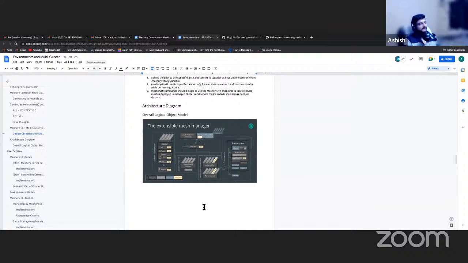So if someone wants to collaborate with Abhi on this on the UI side, or if someone wants to collaborate with me on the Meshery CTL side, we would need unit tests. So if someone wants to write unit tests as well, it would be really helpful. I would be creating an issue regarding this after the call, and if someone wants to get assigned to it,